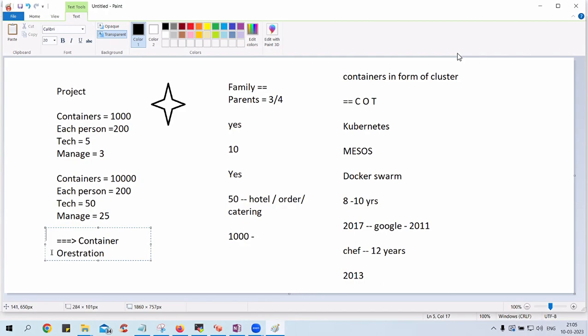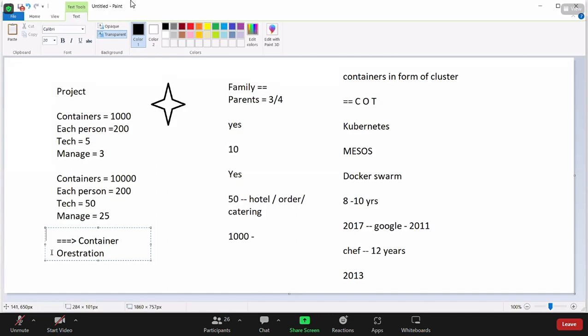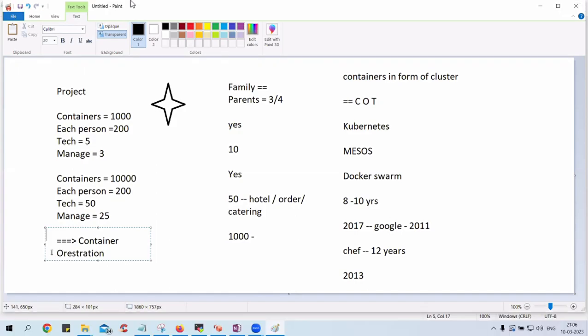Okay. Then next, you can push the updates to all the containers in a single go. And you can stop all the containers in a single go. You can smash them, you can create them, you can talk to them, you can check the logs. So it is doing activities in bulk. That is the role of Kubernetes.